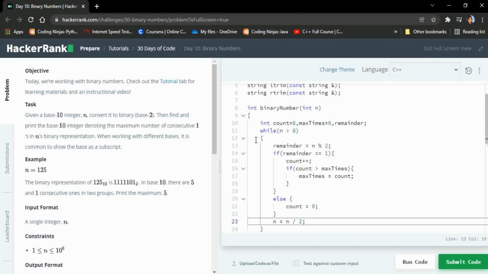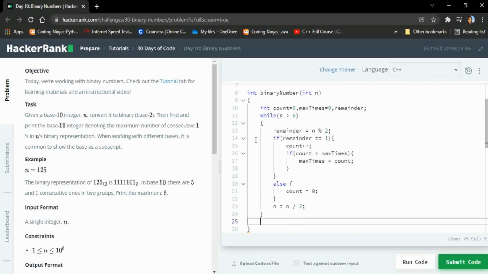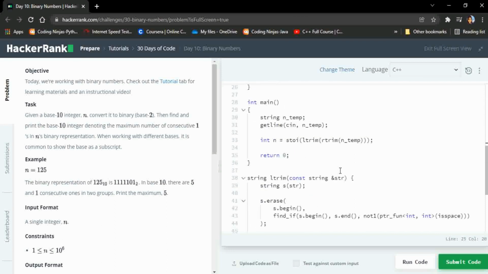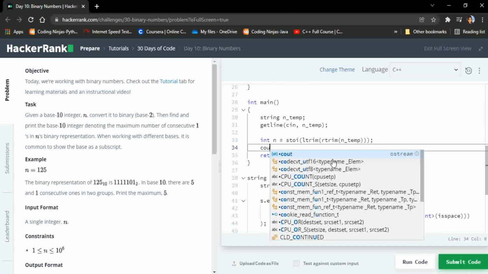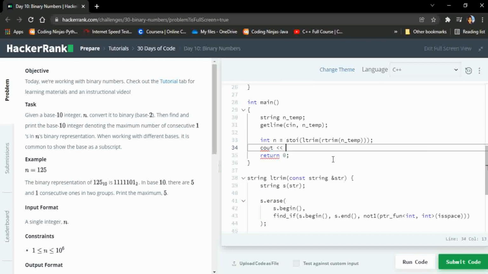The loop goes on like this, and then we return max times, the maximum number of times 1 is present in the binary form. In the main function we call the method binary number and pass n as parameter.